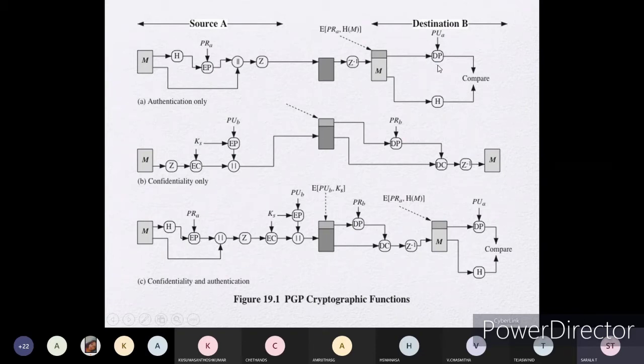One example we have already seen with respect to Hill Cipher. I think I have shown one video with respect to the Hill Cipher encryption method. In that way also you can see how, using the key, they decrypt the message. That decryption of the message is done here, and then after decryption the hash function of the message is there.